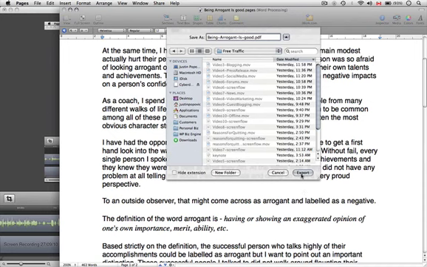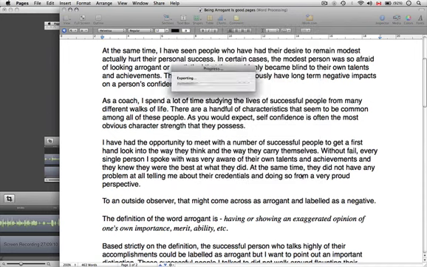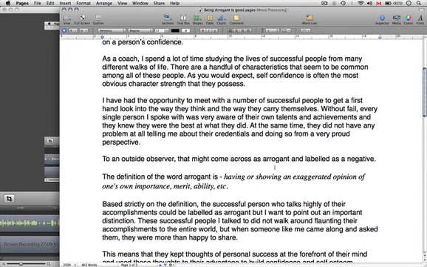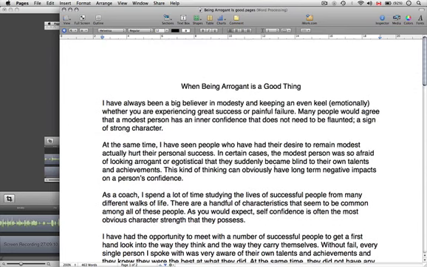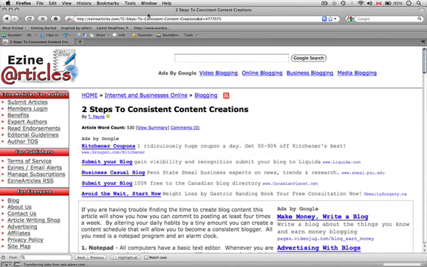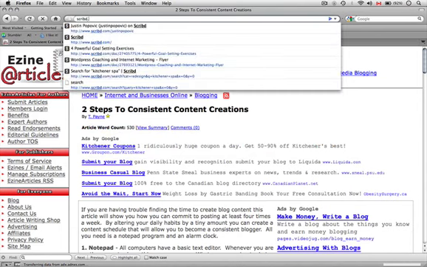And so I'm going to save it as a PDF. And now that I have a PDF copy of it, I can go over to scribd.com. There's a few different sites you can use to do this, but the example I'm going to show you is Scribd, and show you how you can submit it to document sharing websites. So let's go to scribd.com.